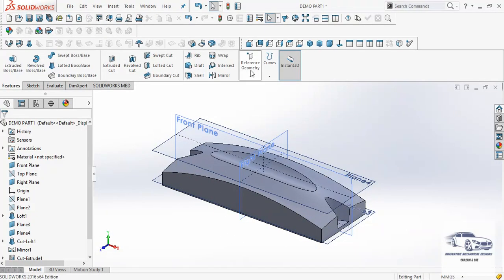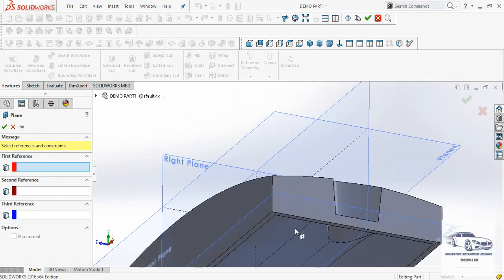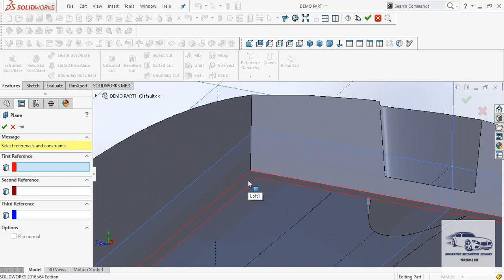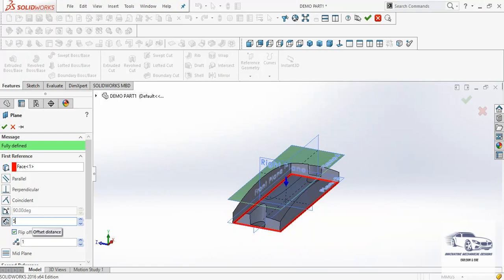So again I will go to plane. I will select this particular face, flip, offset 5 mm and then OK.